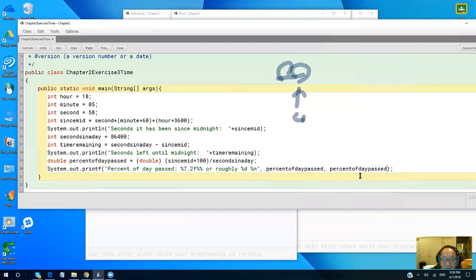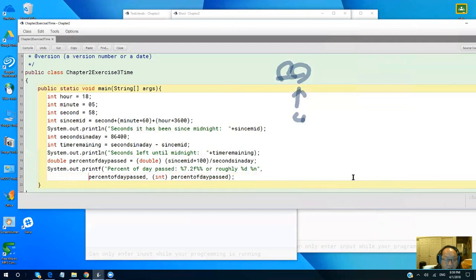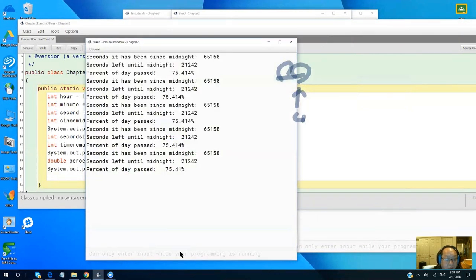So right here I put it, and in front of it I cast it to integer, right? And it's too long, so I cut to another line here, and roughly d%. So this d I put 5. So this would look like,